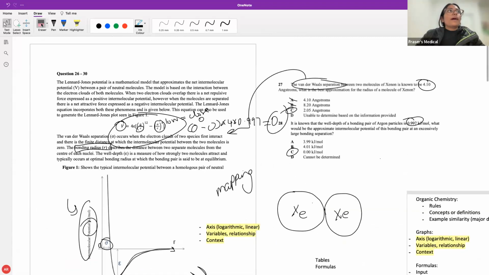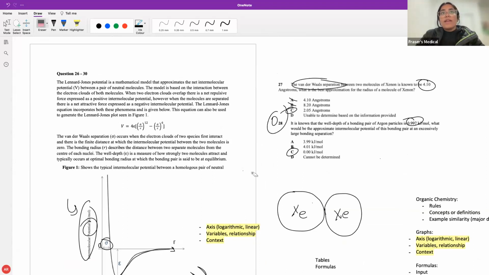What I mean by that is start looking at a formula as a way of denoting variables, or a way of denoting relationships. We know that the output here is intermolecular potential, but a variety of variables impact its value. That's how strongly the molecules are attracted to each other, your well depth. You've also got how far apart the electron clouds and the nuclei are. And this eventually affects your intermolecular potential.